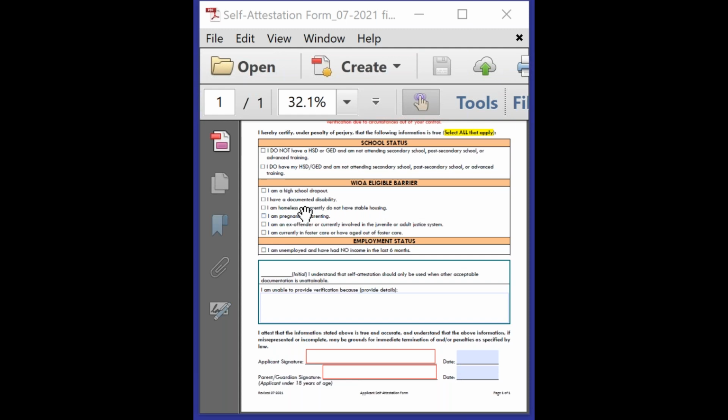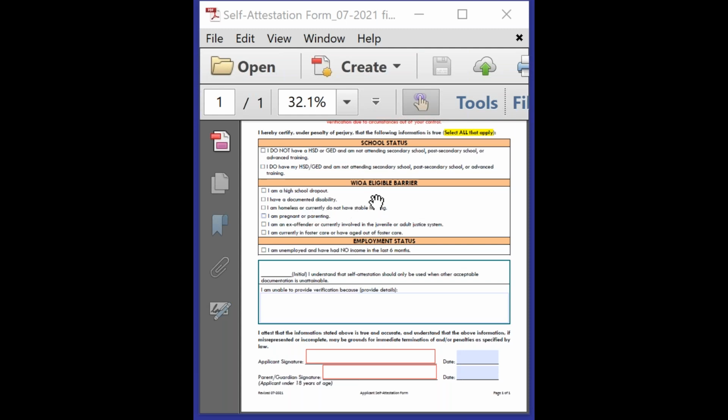This is only if their disability is the only main barrier that you're getting them eligible to the program for. If they have a disability, but you can prove that they're a dropout or ex-offender or pregnant or something like that, then you do not need to get their disability information. Okay, you do want to actually notate that they also have that disability so that it can be understood what all barriers you'll have to overcome throughout the services. But you don't have to get verification documentation.